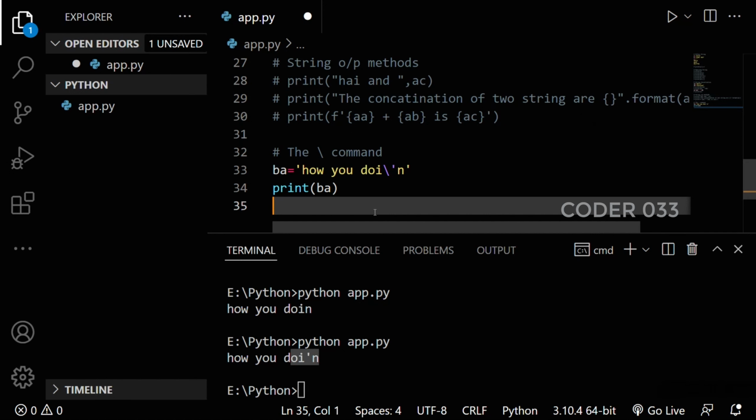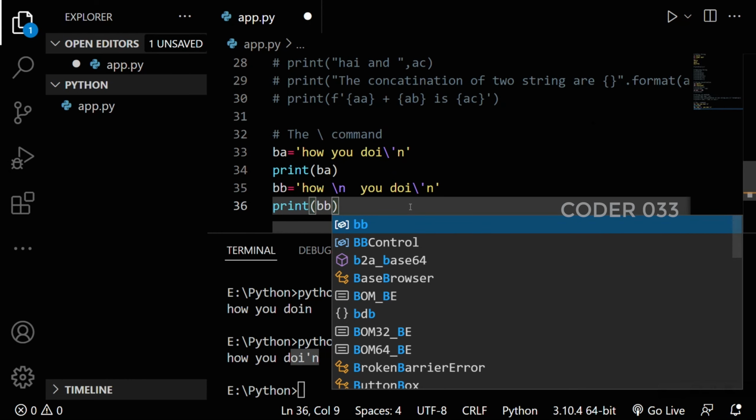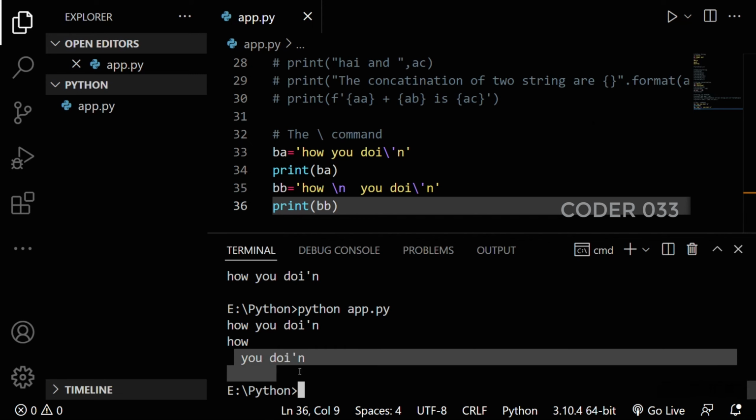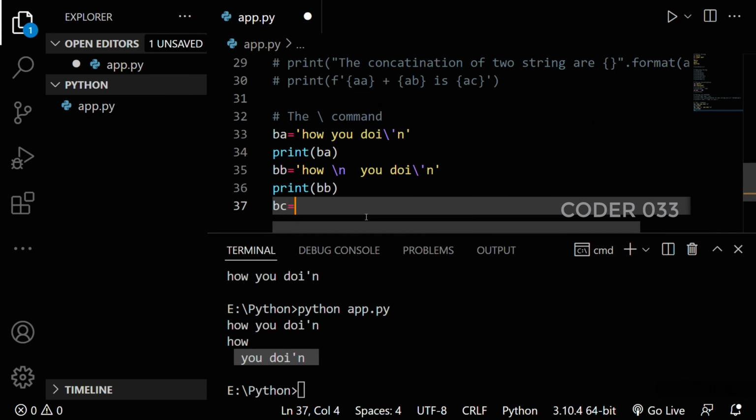After that, for a new line, you could use slash n. How slash n you doing? Then paste, then print BB. So now on the new line, how you doing? After that, BC is equal to